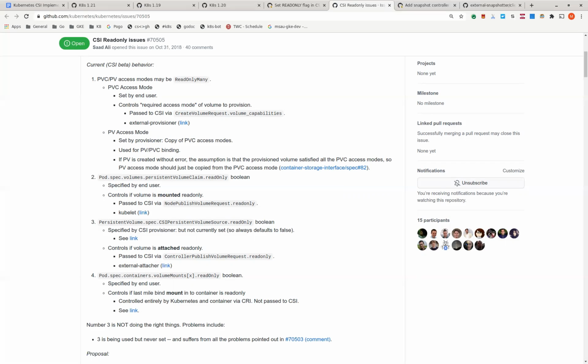Yeah, and the combination of them is confusing. At least what we have done to attempt to avoid confusion is that in our driver docs, we just tell you how to set it as read-only. Like we give an example and say, if you want to set it as read-only, this is how. In the GCE PD driver? Yeah, in our specific driver docs. Oh, I think I have read that.